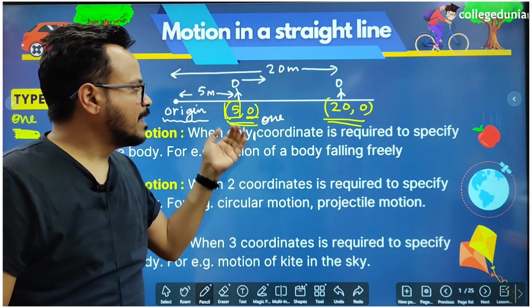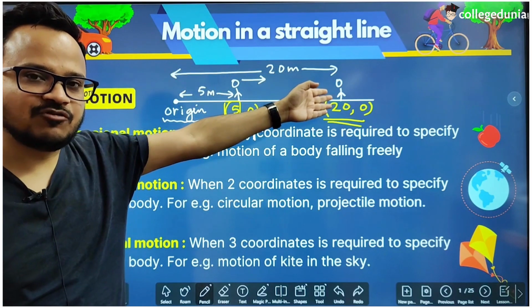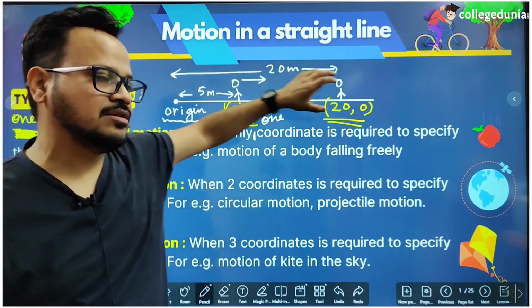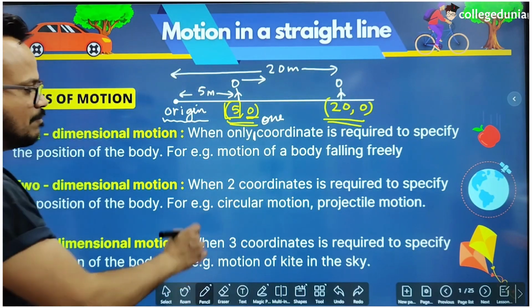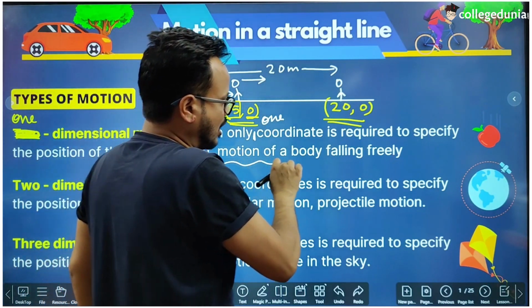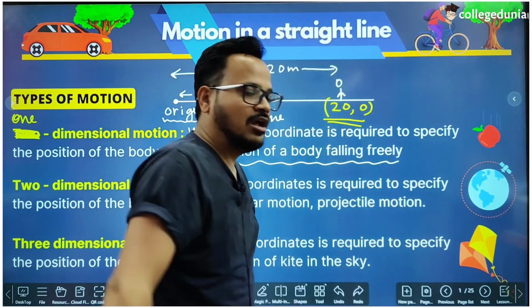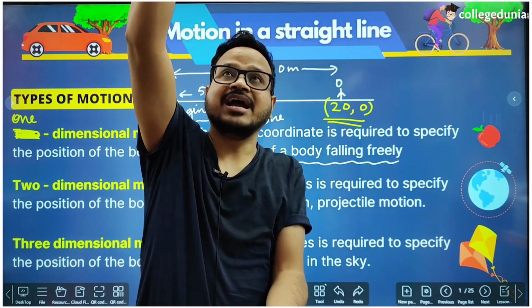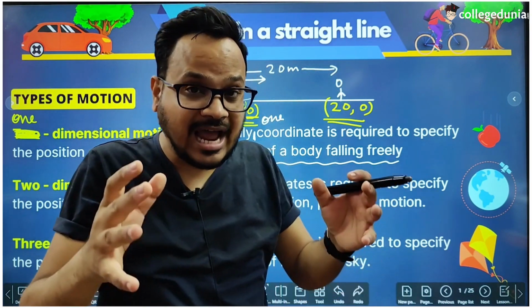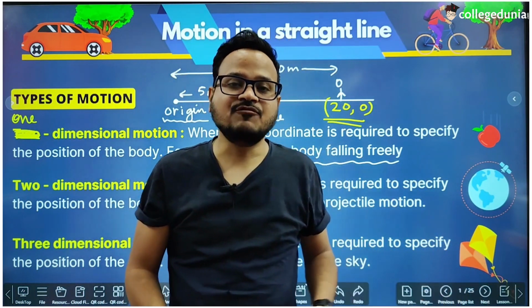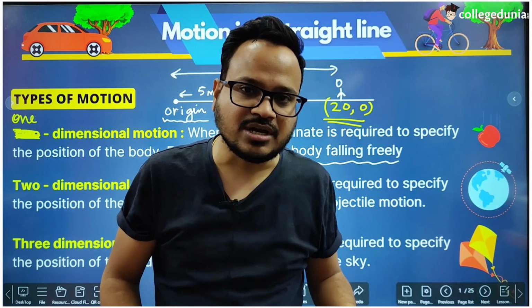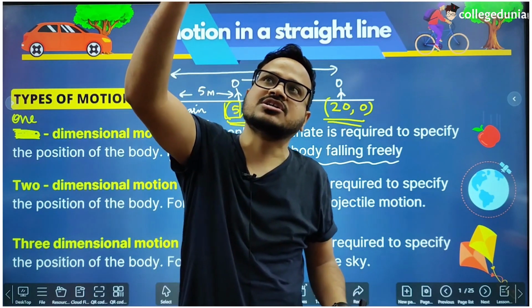For example, this is one of the examples of motion in a straight line. This man is moving on a road in a straight line. But a much better example is the motion of a body falling freely. When the body is dropped from some height and it falls freely under the action of gravity, it always falls in a straight line. So if you take any point as origin, like take this point as origin